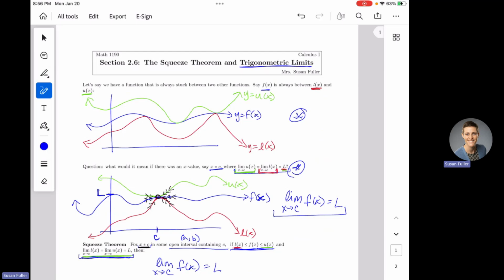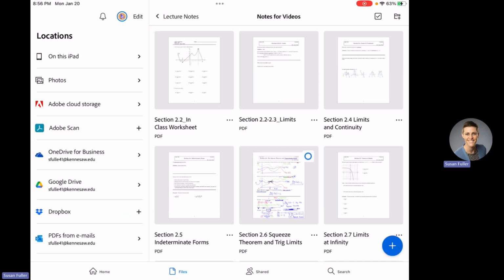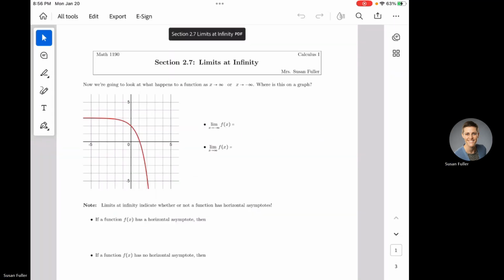I'm hoping that we can take a little bit of class time to review, but it's really hard to squeeze a review into Calc 1, especially on a Tuesday, Thursday schedule. So I'm going to keep rocking to make sure that we get through everything this week. So that was section 2.6. And now we are going to rock into section 2.7.